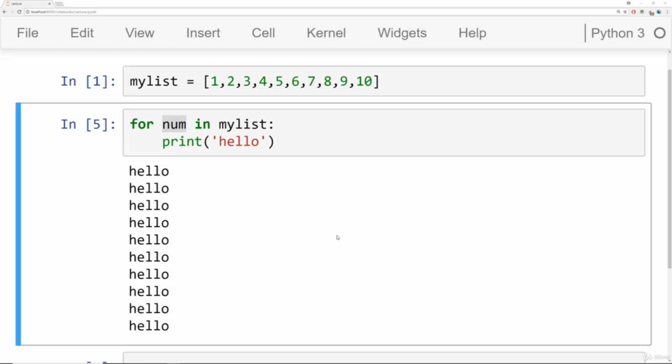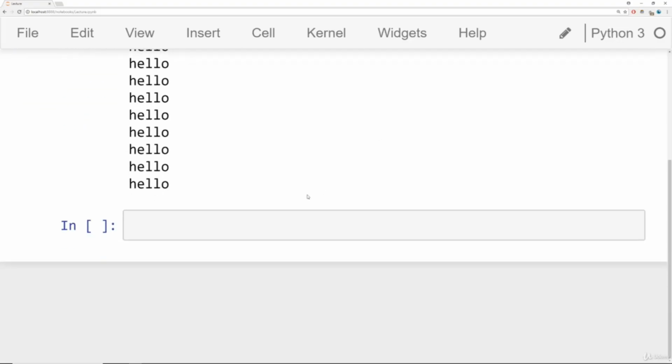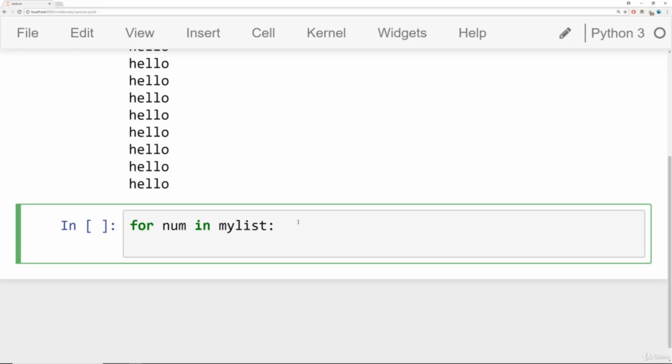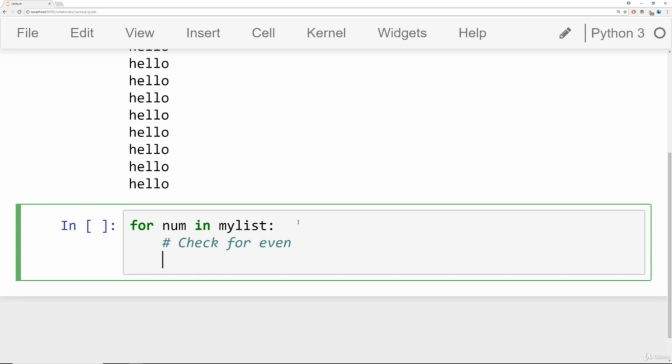Now let's combine our knowledge of for loops with a little bit of what we just discussed in control flow. Let's see if we can print out only the even numbers in this list. So to do that, what we're going to do is start off by saying for num in my list. And then I'm going to add in some control flow to somehow check if the number is even. So I'll say check for even here. This is just a comment. And then what I will do is the following. I'll say if num mod 2 is equal to 0, colon,